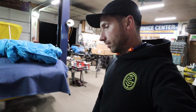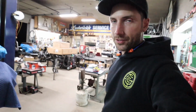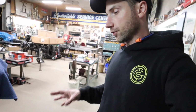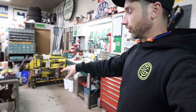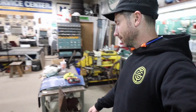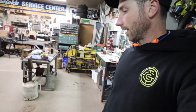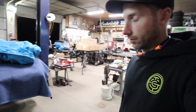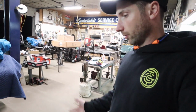So that's these sorted. I haven't balanced them yet. We do have a balancer here in the shop, but I just wanted to get the tires on. The first 3 needed the good old bead seater. Huge thanks to Brian for that. That got us through. The last one, actually, we didn't need it. The last one I just put on the machine and just put air to it, and it seated up just